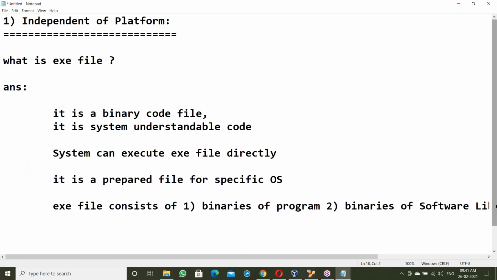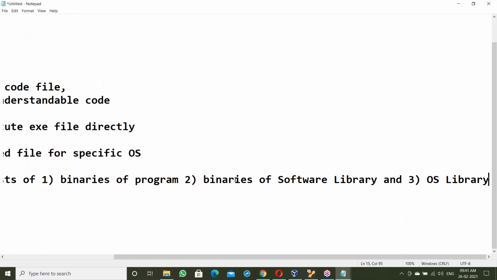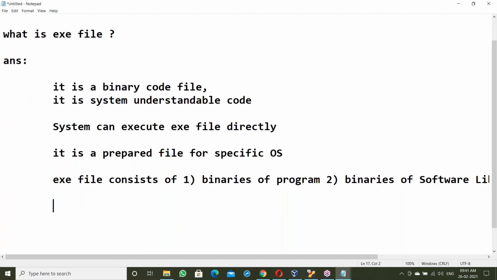For example, suppose a C program exe file is prepared on Windows OS.